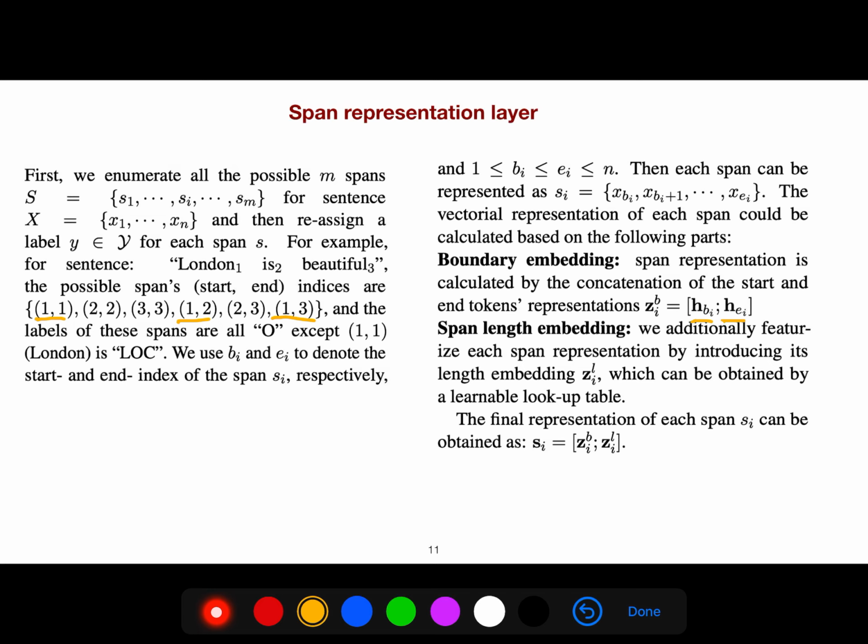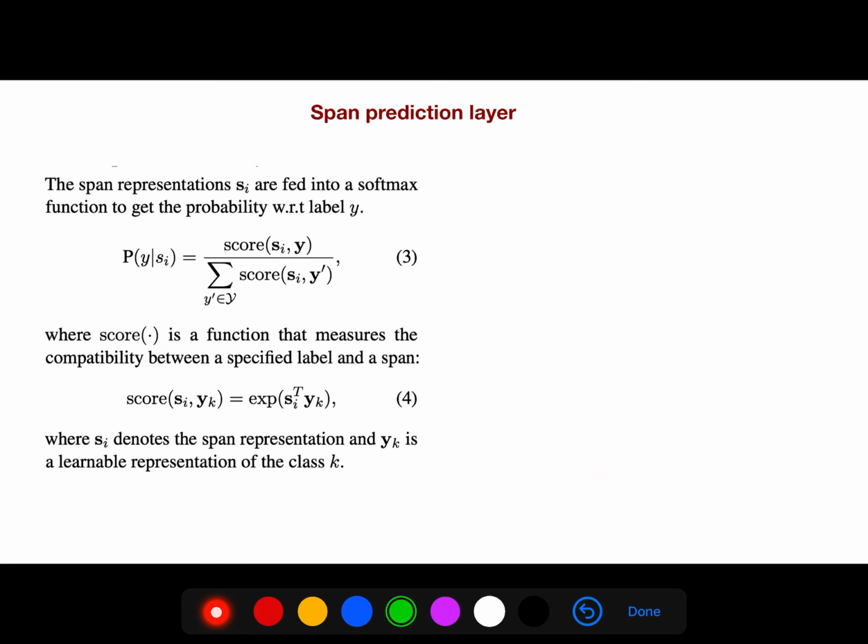But we additionally use a span length embedding because we try to featurize each span representation. So we also add the length of the span in order to have better features. Because this represents your span, the better features you have, the better the representation of the span.